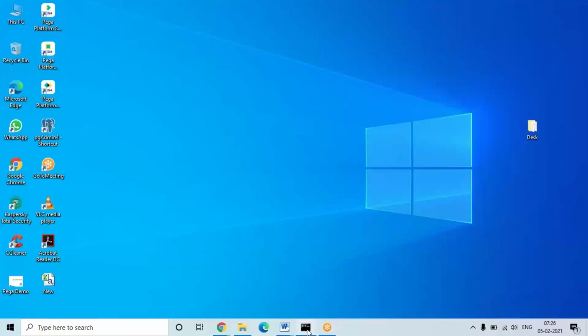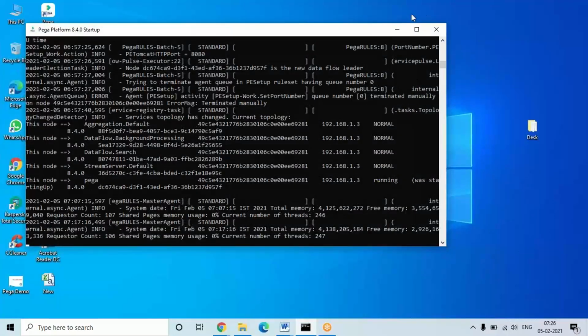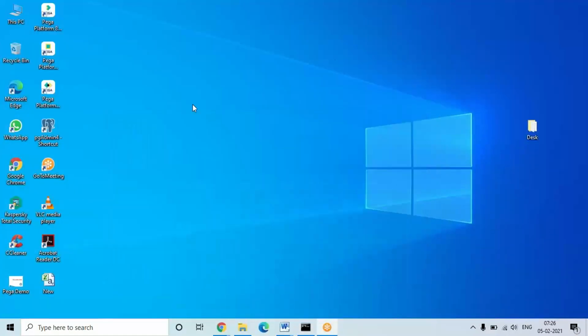This window is the command prompt window, you just minimize that and put it in hibernate mode. Otherwise, if you shut down your PC every day, you have to click on the shutdown icon. Next day morning if you want to open Pega, you need to click on startup. After that you need to click on login. If you click on login, the application will open in a browser.